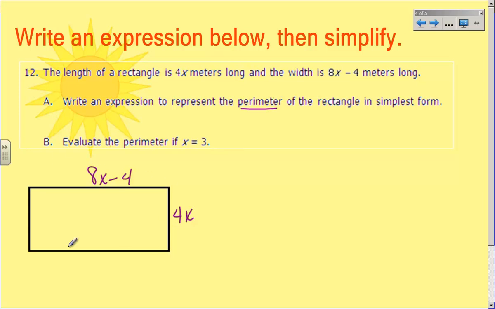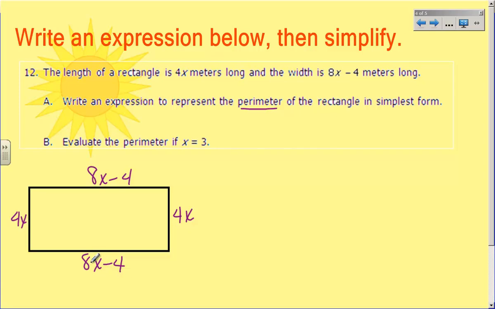Well, perimeter is just the distance around, so I have to add up all my sides. So I'm going to label all my sides. And there's a couple ways to do this. You can line them all out and do this plus this plus this plus this, combine like terms. Or you can just walk your way around the edges, adding up things that are the same. That's what I'm going to do. So I'm going to do 4x plus 8x, which happens to be 12x. 12x plus another 4x makes 16x. And 16x plus another 8x